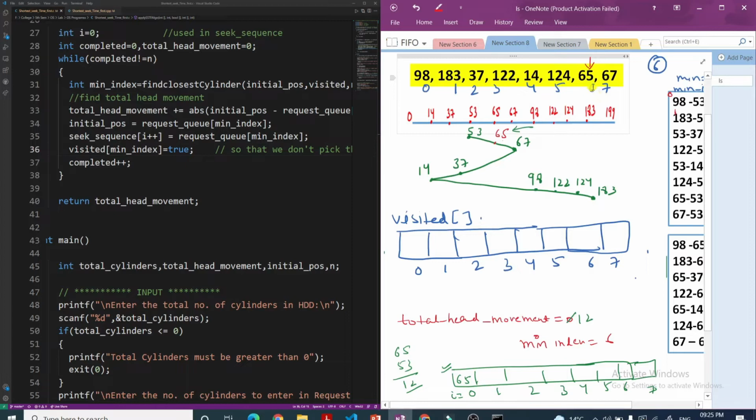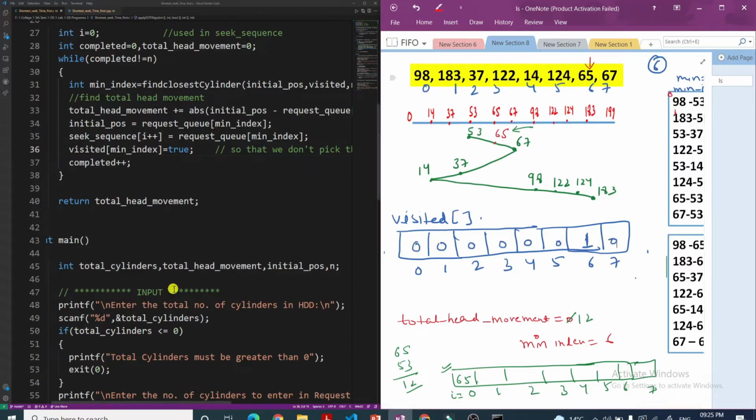So I mark it as a visited cylinder number: the visited sixth index should be made true, or you can say I am setting this as 1, where 1 means true.